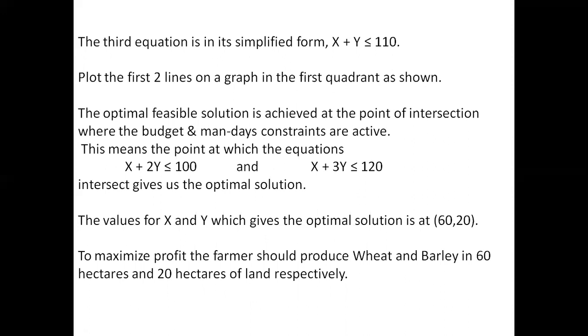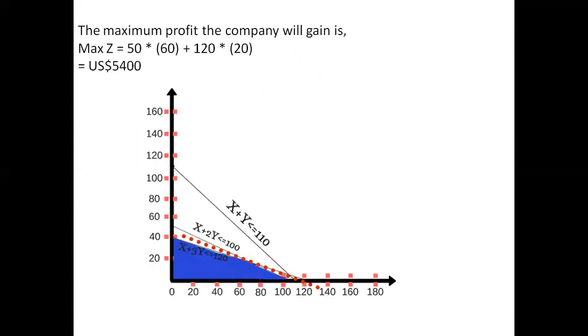for the maximum profit the farmer should produce wheat and barley in 60 hectares and 20 hectares of land respectively. So that is 60 hectares for wheat and 20 hectares for barley. So 20 hectares for barley in the x-axis we have been clearly specifying, and simultaneously here 50 to 110,